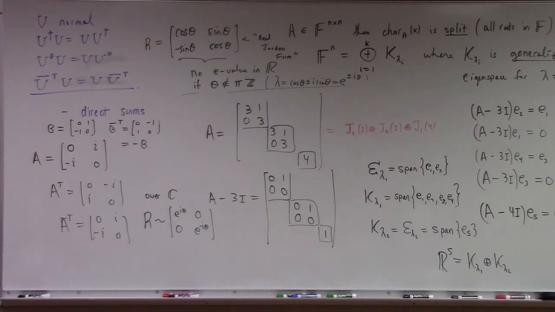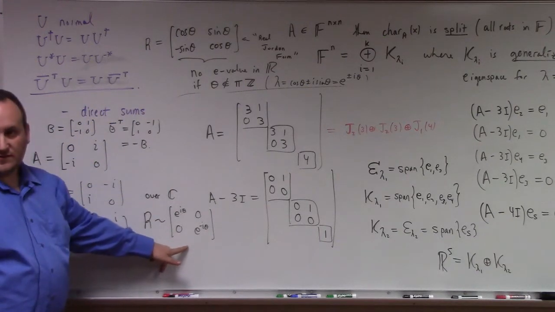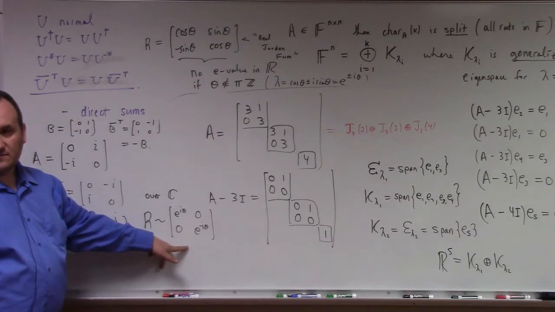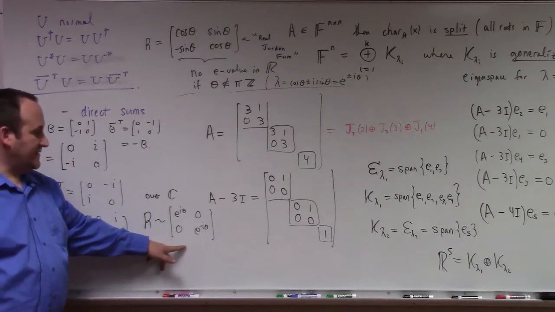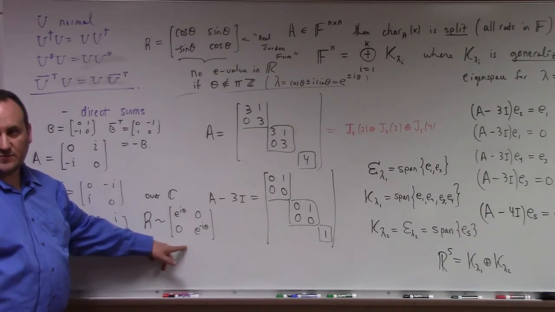What's an example of a normal matrix? Our examples of normal matrices were symmetric, skew symmetric, and rotation matrices, right? An orthogonal matrix was normal. Check it out. This is an orthogonal matrix. It's normal. This is how it's diagonalized, right? In fact, you can choose the complex eigenvectors to be orthonormal with respect to the complex inner product of C2.